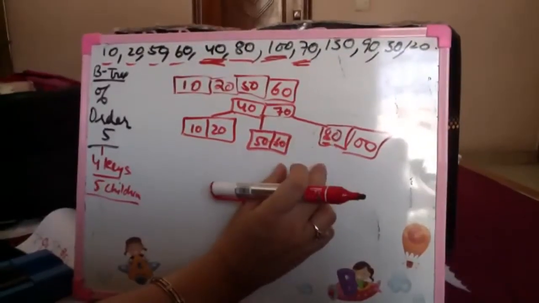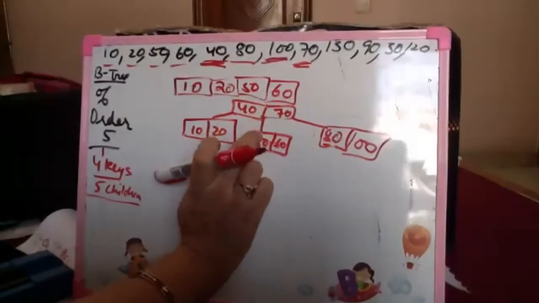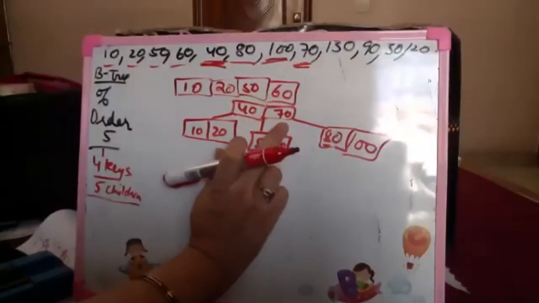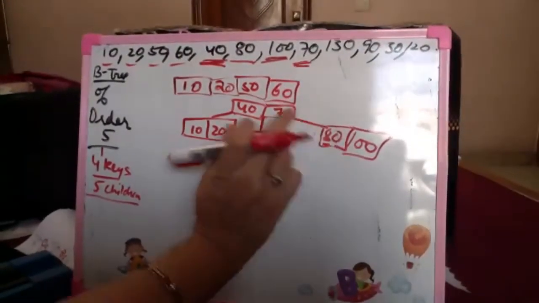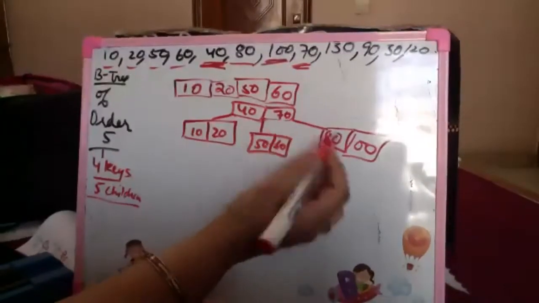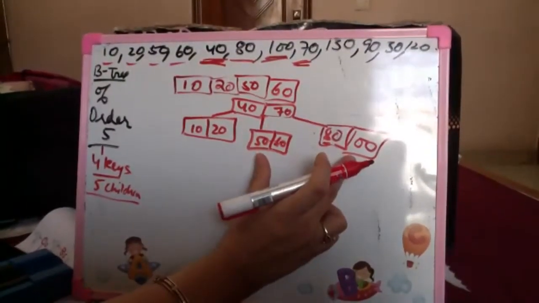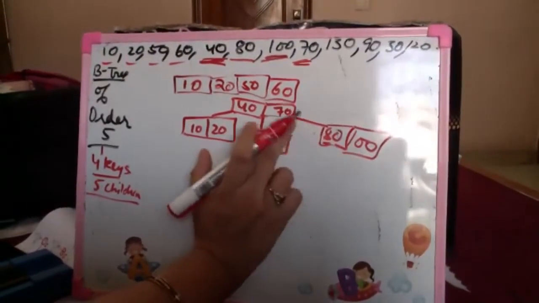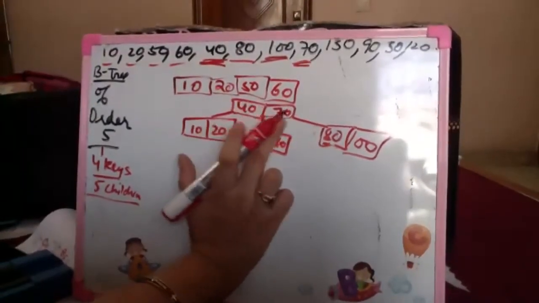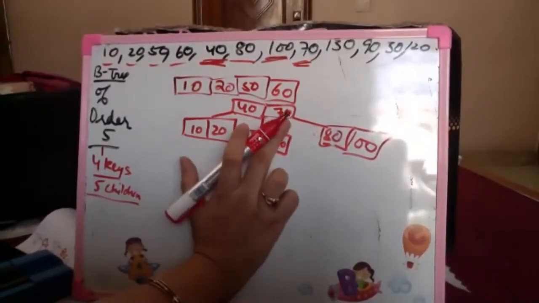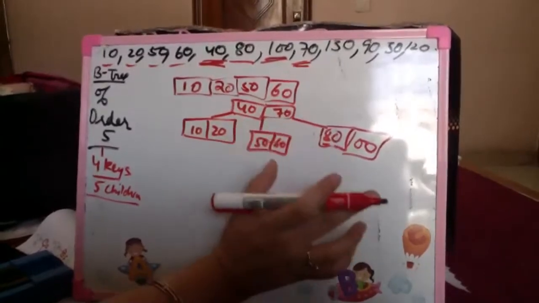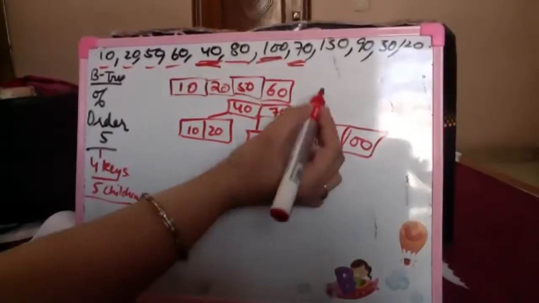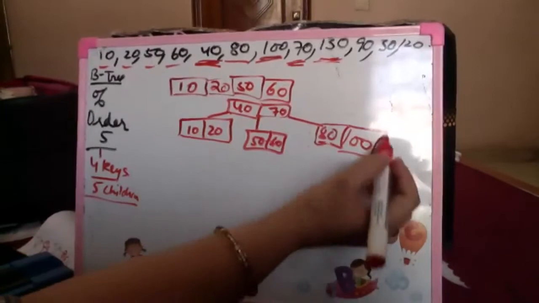Since I am splitting from the median node, one will come here in between the last and the possible value, and the next will come after the median. Both parts that have broken will be inserted on the left and right of the median, because I am inserting with the median. In case the parent didn't have space, I will have to break the parent in the similar manner. We'll just see. Supposedly now I have to insert a 130.